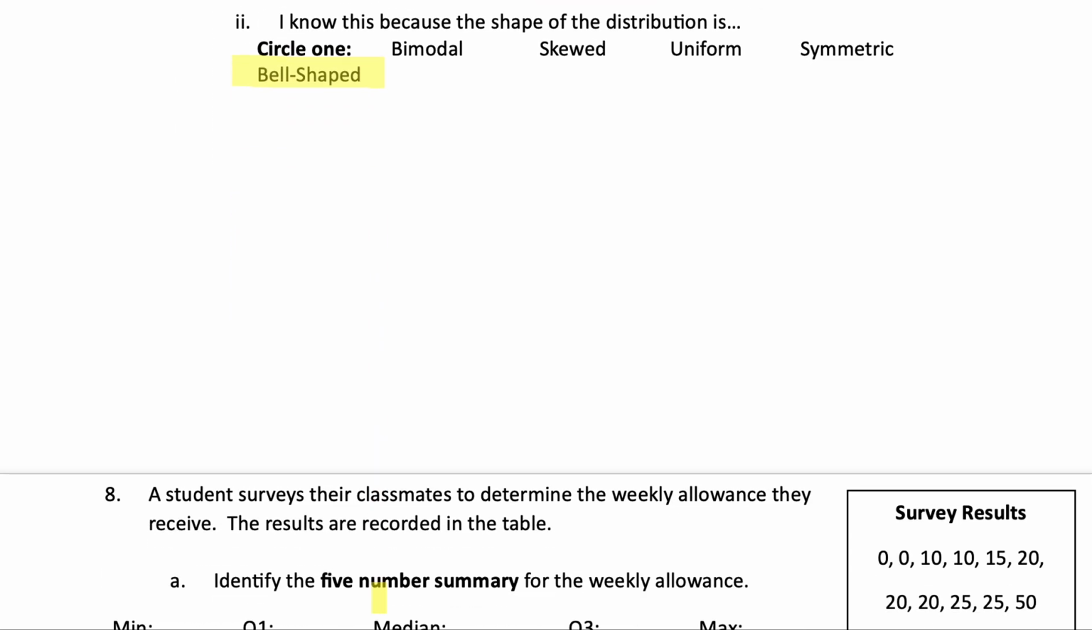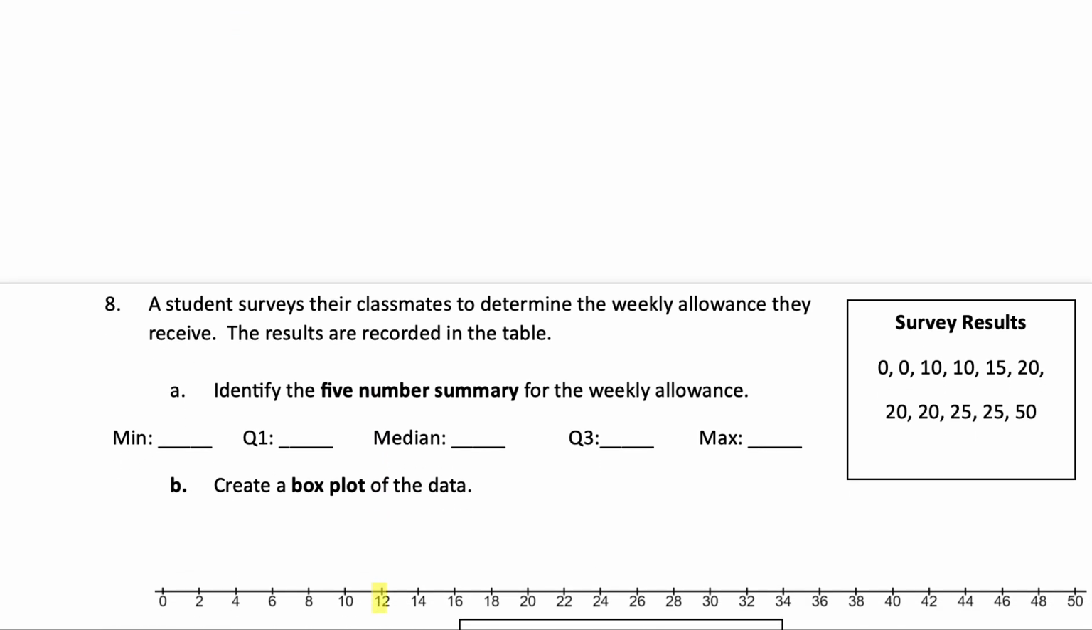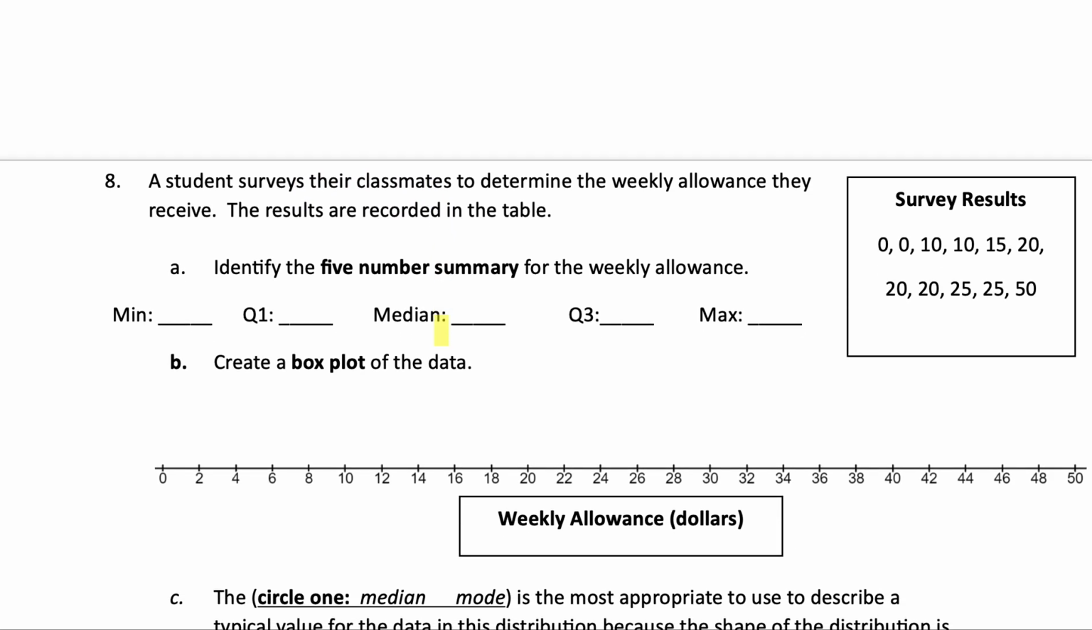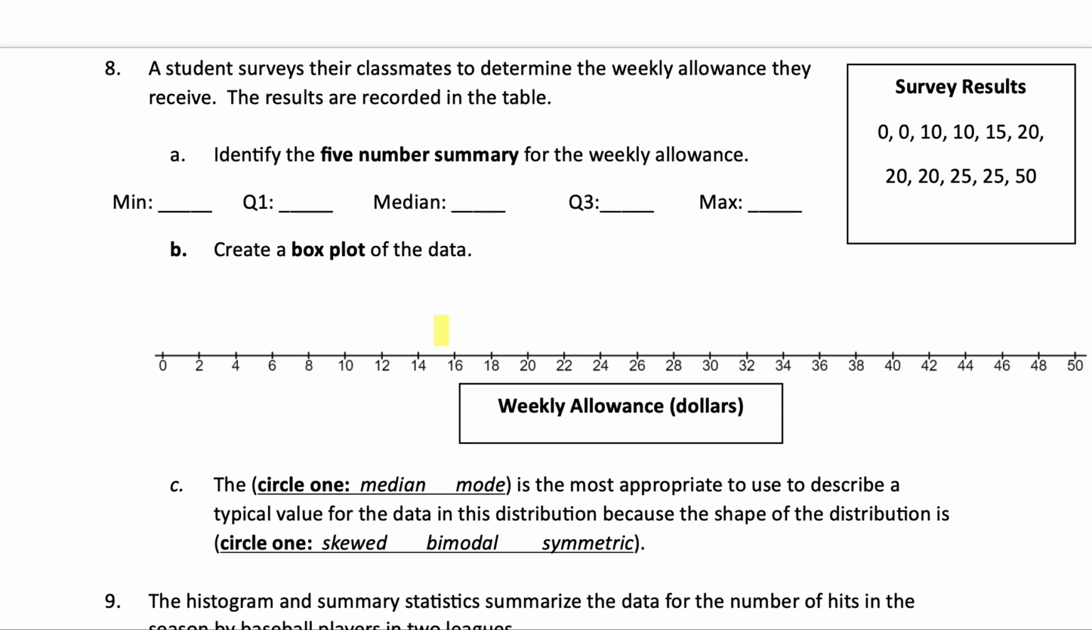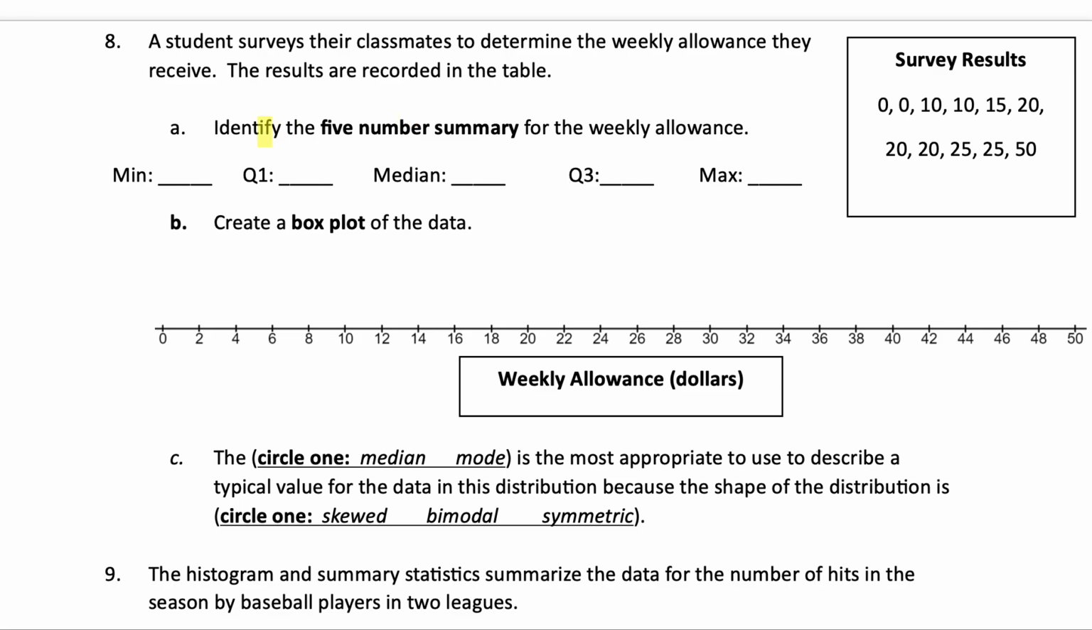Let's take a look at number 8. Okay, so a student surveys their class to determine the weekly allowance they receive. The results are received in the table. Identify the 5-number summary for the weekly allowance. Okay, 5-number summary. The minimum is 0, right? Our maximum is 50. Now, I could do it using my